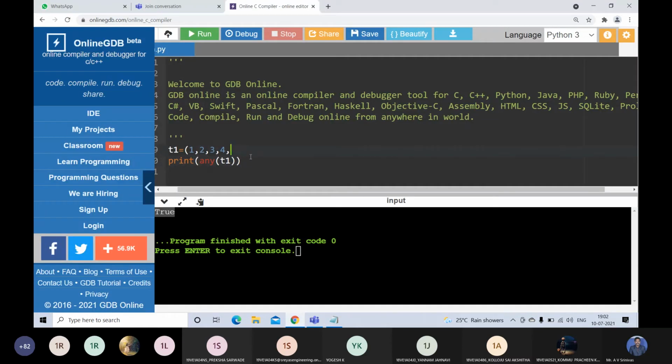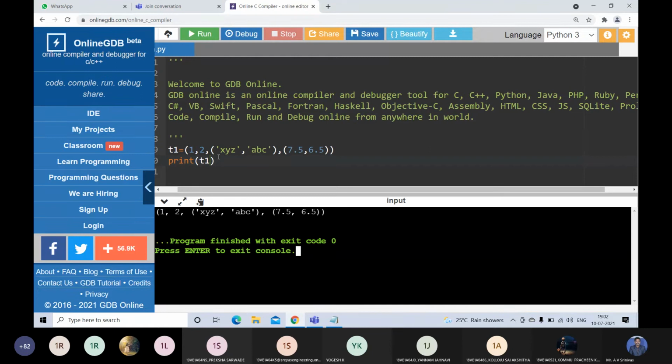So you can write like this: t1 is equal to 1, 2, and here you can write x, y, z, comma, a, b, c, and one more tuple with 7.5, comma 6.5. If you print t1, you will get the output like this.